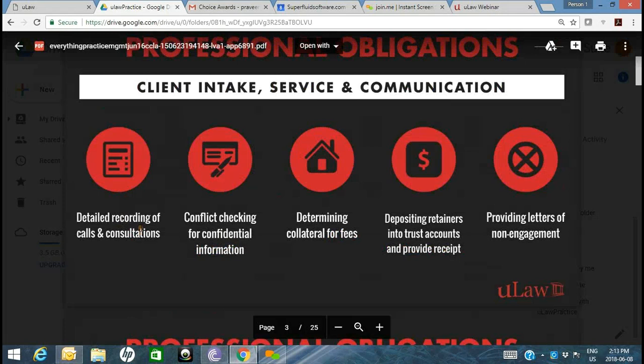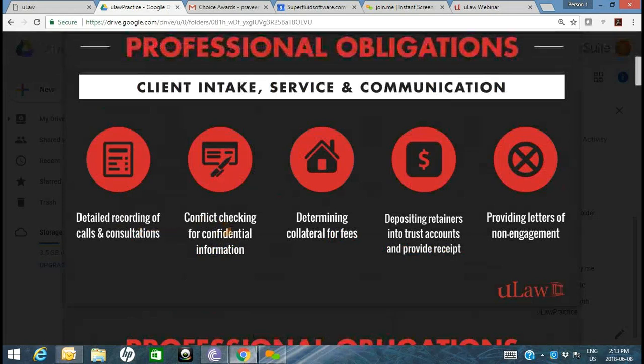We looked at how you can record consultations. We've done your conflict screening. We determined what your fees are for different areas of practice. And we're going to talk about, once you've accepted that retainer, ensuring that you deposit that retainer into the appropriate bank accounts. So again, when you start your business, or even if you're a seasoned campaigner, depending